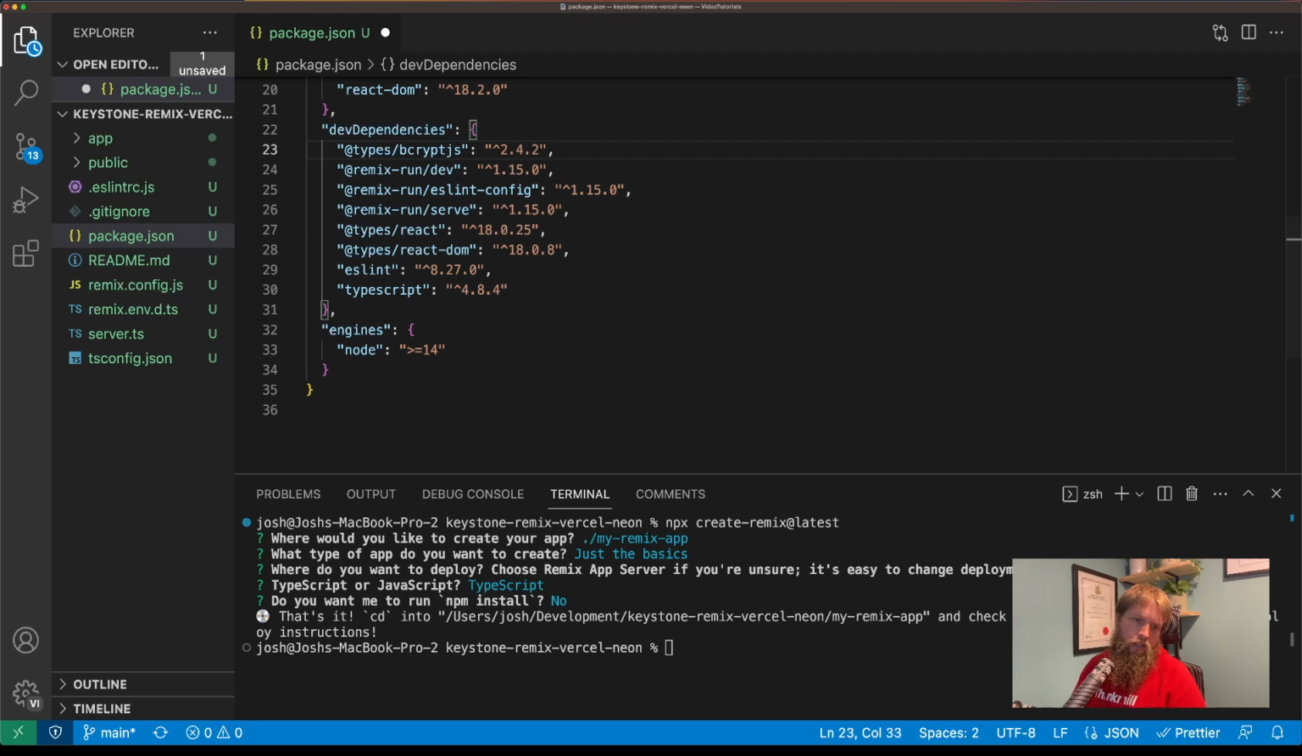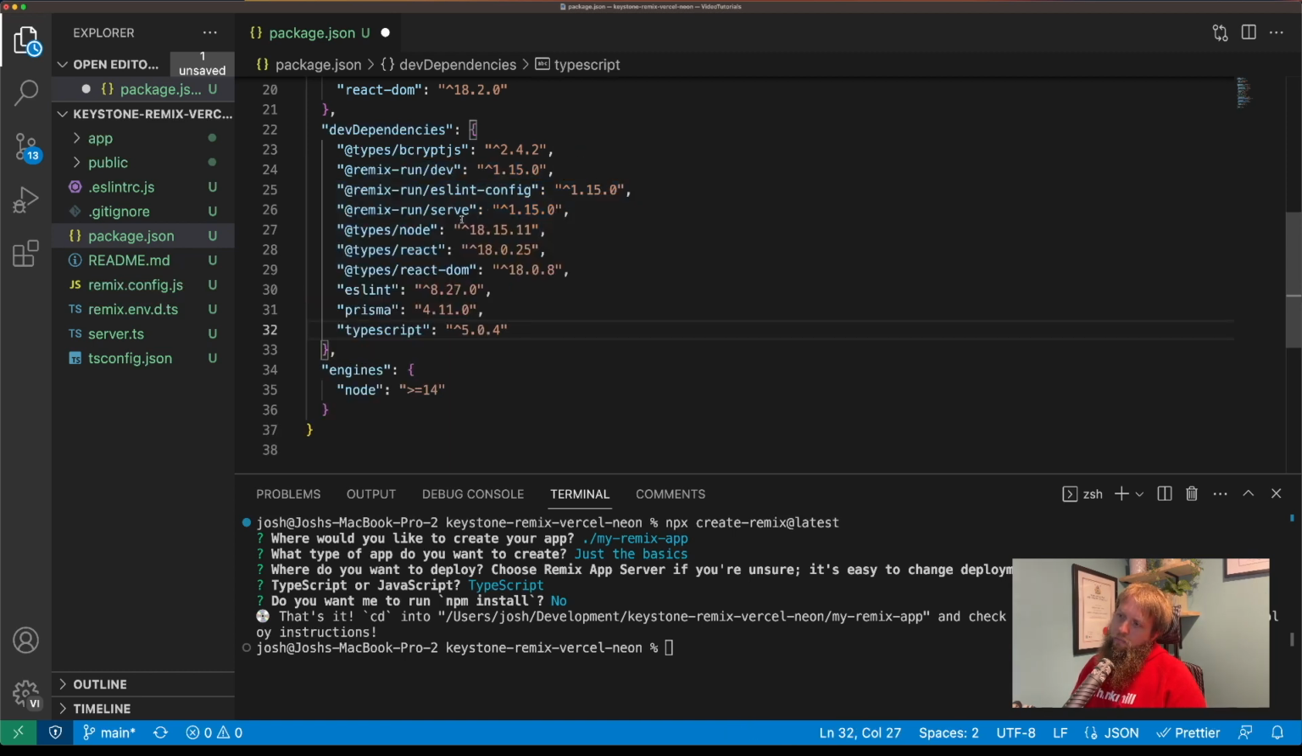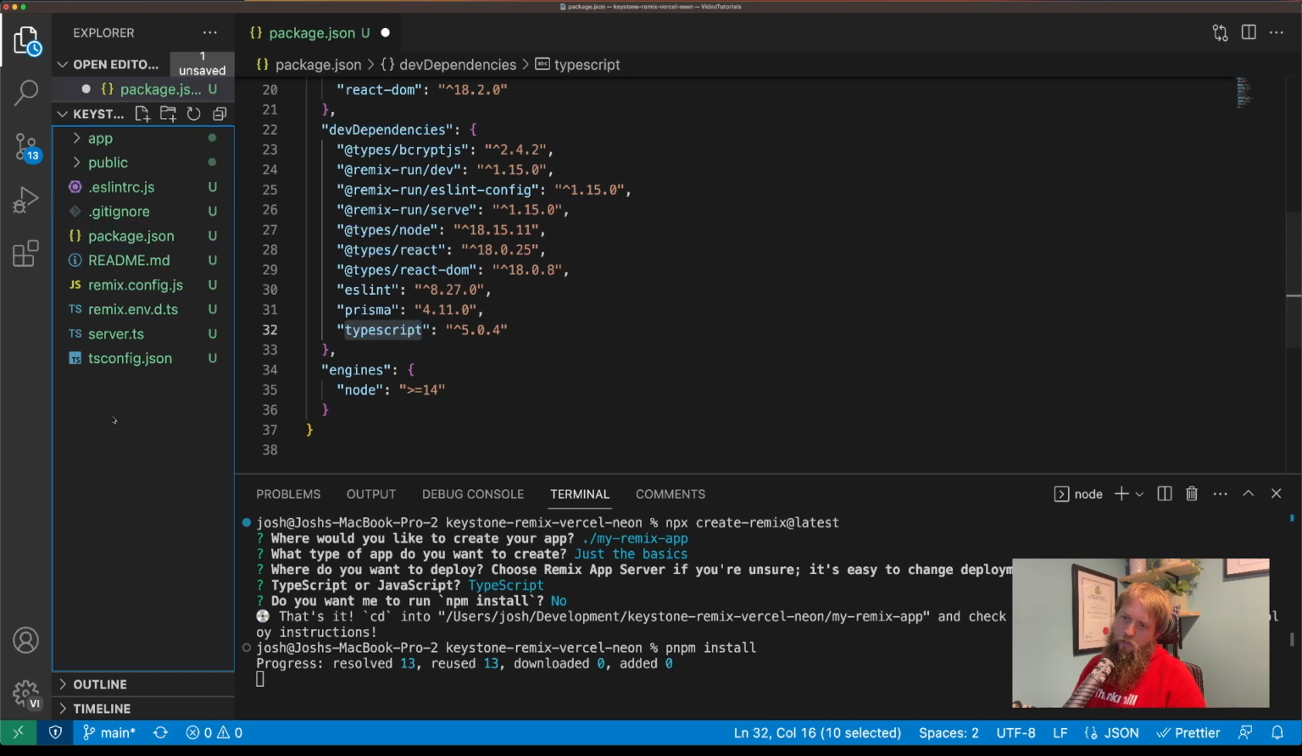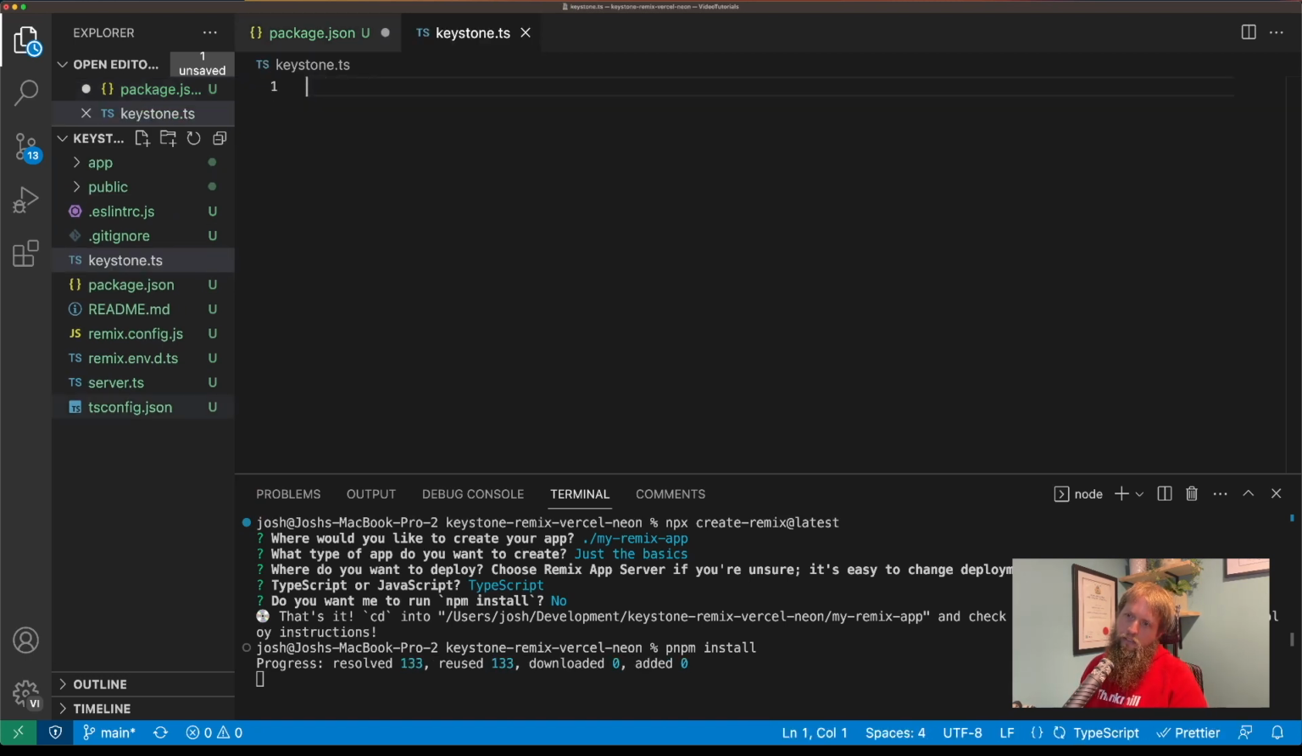And then our dev dependencies are going to change a little bit as well. Much the same, but we've got a few extra types, and our Prisma. I've also upgraded TypeScript to be the latest. So pnpm install, and that is going to install all our dependencies. Now, while that's going, I am going to create a new file called keystone.ts,